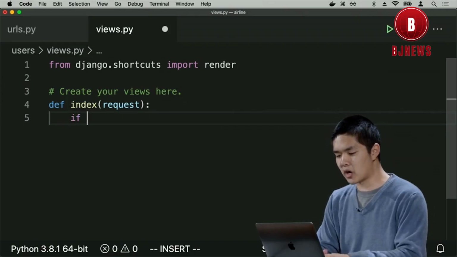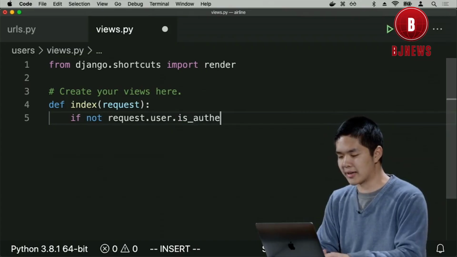And so what does the index function need to do? It's going to display information about the currently signed in user, that I sign into this website, and then I'm presented with the index page. But as we think about this programmatically, we first need to think about what should happen if someone tries to access this page, but they're not authenticated. How would we even find that out, and what do we do in that situation? Well, let's say if not